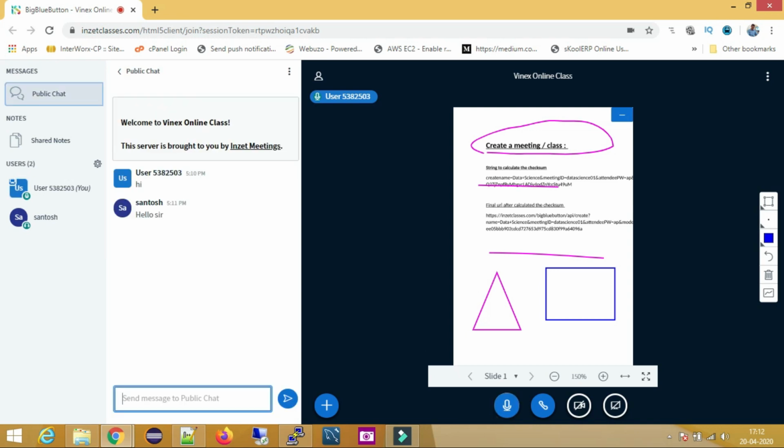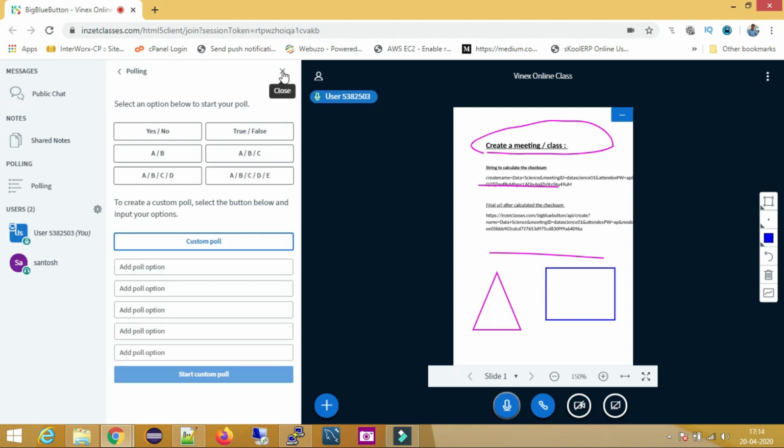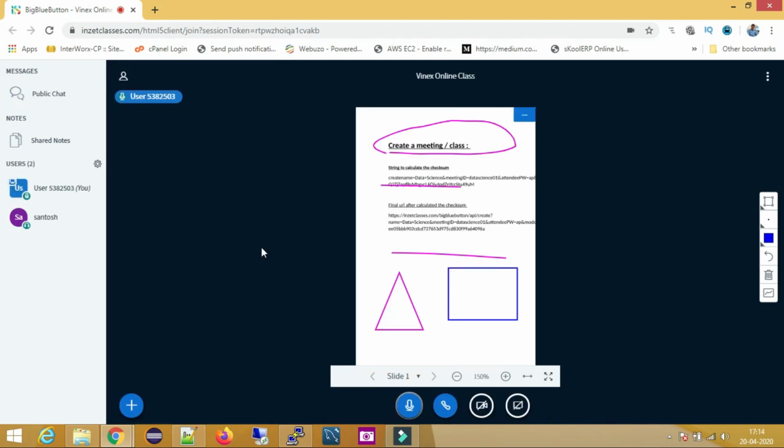What are the other options available? For example, you can ask some questions, which means you can conduct some polls among your participants to increase their engagement in the class. That's it. After that, once your session is completed,